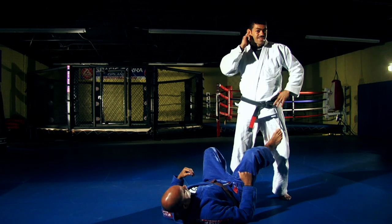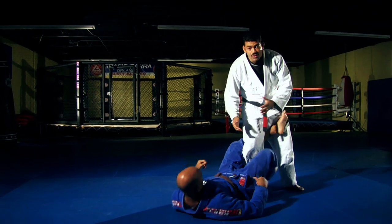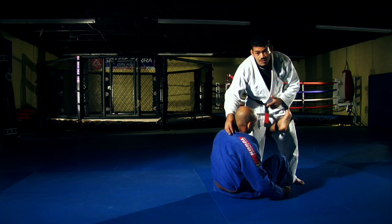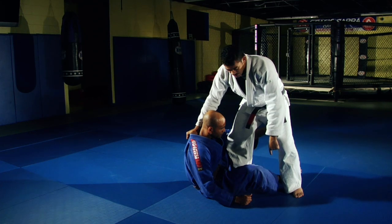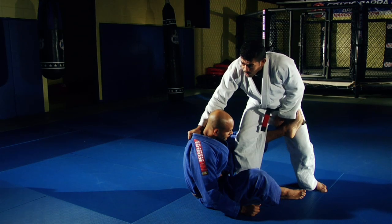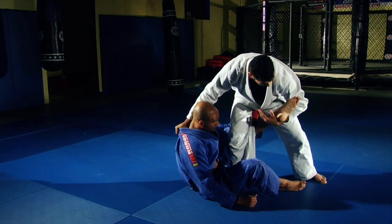Okay, we're going to go over some attacks now from this position. What I like to do from standing, when my opponent tries to attack his De La Riva guard, he's going to try to work some sweeps, he's going to try to sit up. First thing I'm going to do is grab his collar deep, okay, behind the head. Now I don't want him to get this hook on my foot, so I'm going to have to start stepping around. When I do that, I reach in with my hand under his heel,